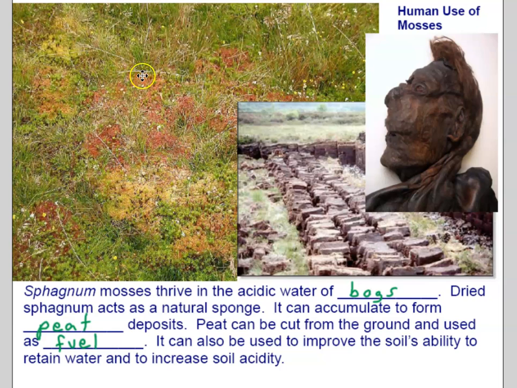So that's mostly what we're seeing here. It's probably the most common moss on Earth, the most common bryophyte. And it grows in bogs in certain parts of the world. For example, in Ireland, they have peat bogs where sphagnum moss grows, and it's a wetland, and so it's wet all the time. And sometimes a layer of sphagnum moss will form over a pond, and you can actually walk on it, but sometimes people will not even realize that there's no solid ground underneath, and they'll fall right through, and sometimes they even drown.